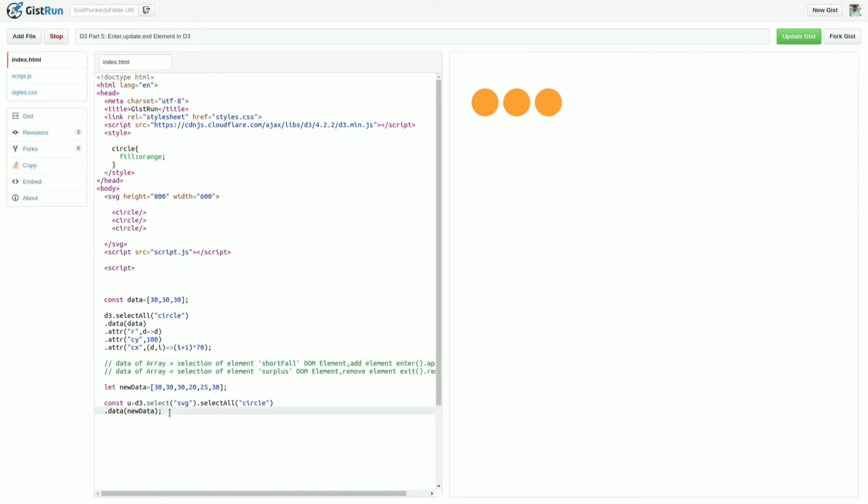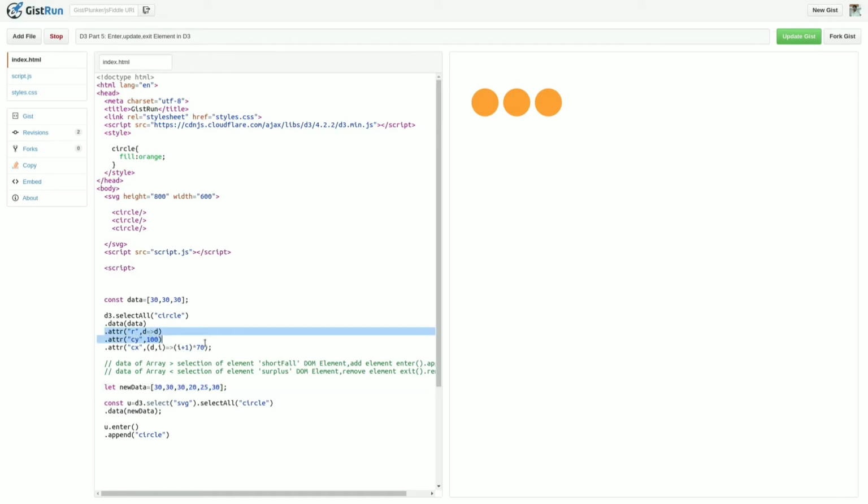So we will append the elements using u dot enter dot append. Here I want to append a circle. What the enter append method will do is append the 3 extra elements, and it will append the circle.